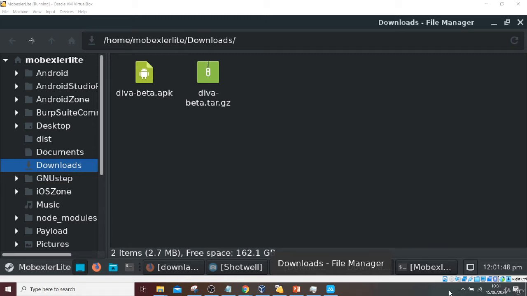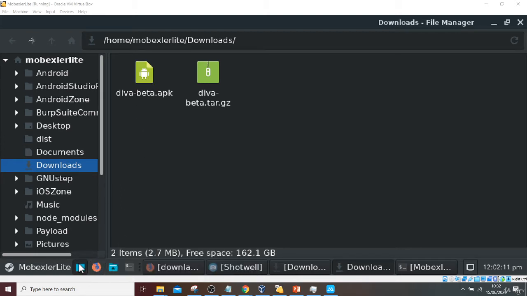So in this tutorial, we will be installing one of the vulnerable applications via ADB and then performing the penetration testing of that particular application. So the APK is already shared in the resources. You can download it in this VM itself, and then let's go to the console or the command